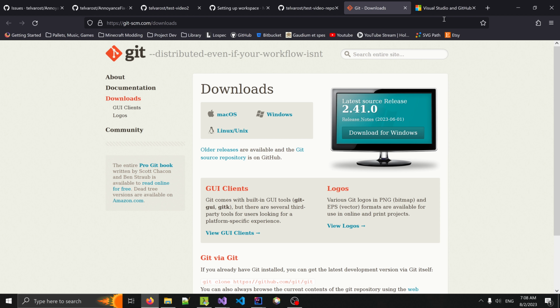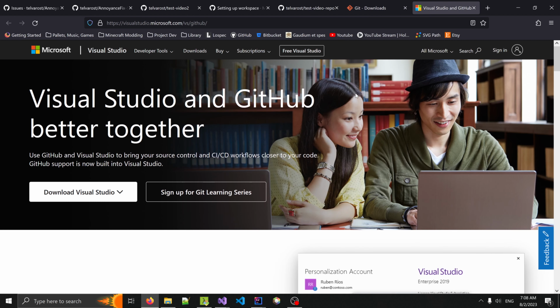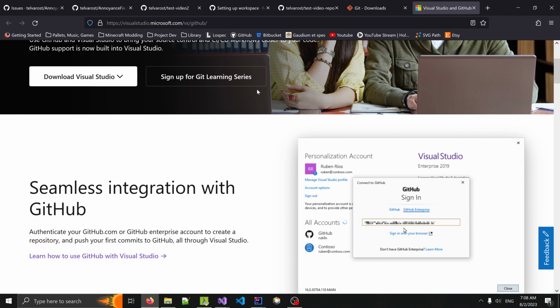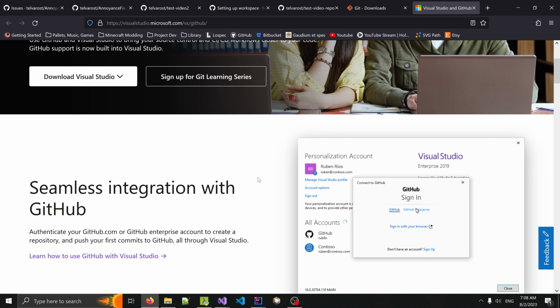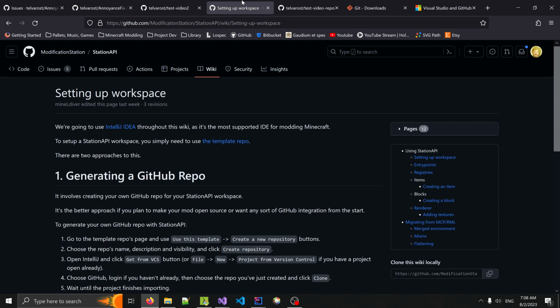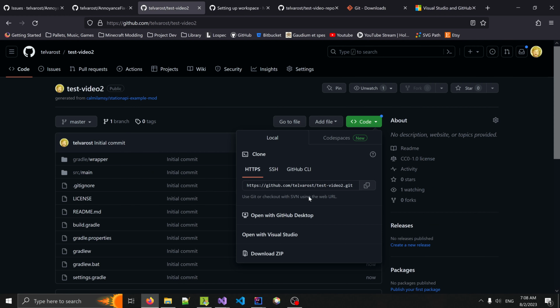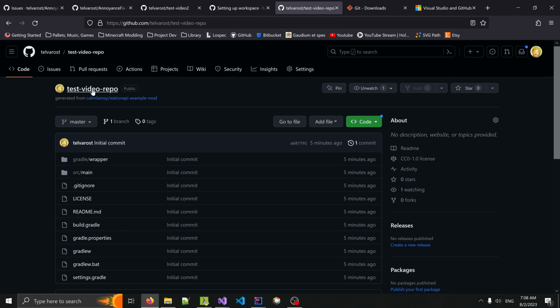It's an excellent tool. As far as how to merge that with Visual Studio, it's probably just as simple as right here, going to accounts and adding your GitHub credentials. That way Visual Studio has access to it, and then you can probably open with Visual Studio and clone this down. Now I'm not going to do that because I already cloned it down for this one,